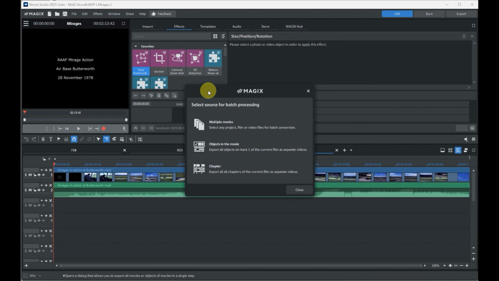Now, the first screen you get is the way that you're going to export them. First option is multiple movies, which is what we've got. We've got 1, 2, 3 movies. The second option is objects in the movie, and this applies if you've got, say, just one movie, but various